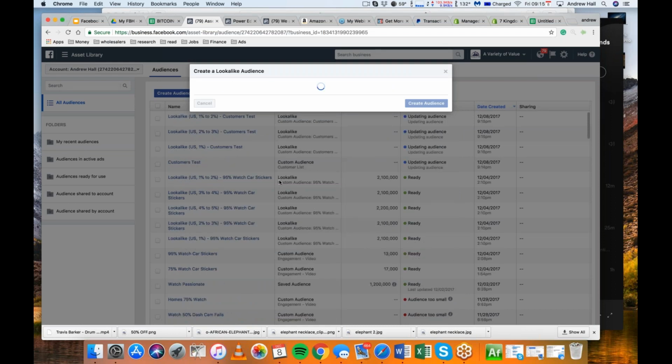And I always do 1% through 5% because I'll want more later, because you can't build 2 lookalike audiences based off 1 custom audience. And so when targeting in my ad set and using the lookalike audience, I typically do 1% and 2%. And then if those work, I branch out to 3 to 5%, and then I narrow down by the demographics, which we'll probably do over the next